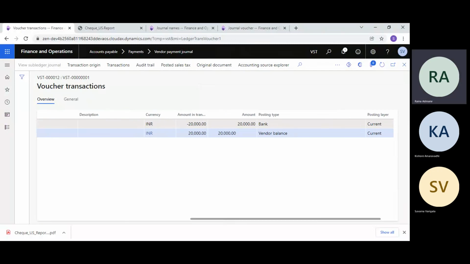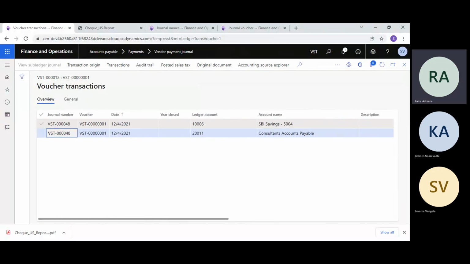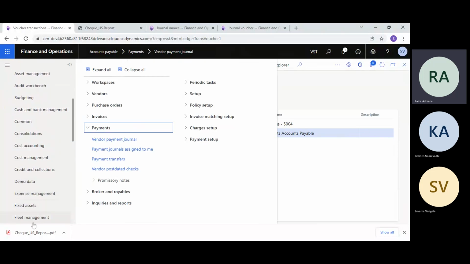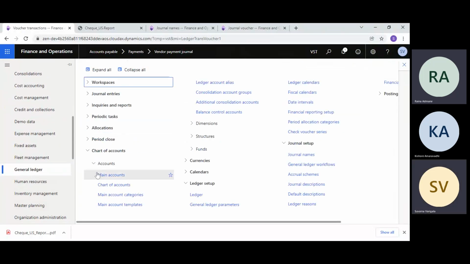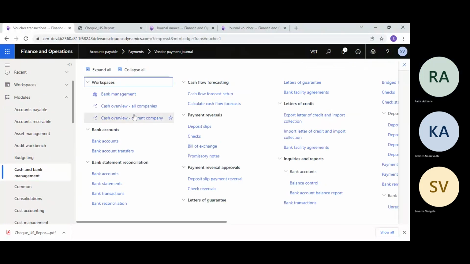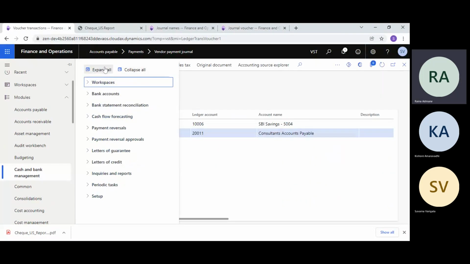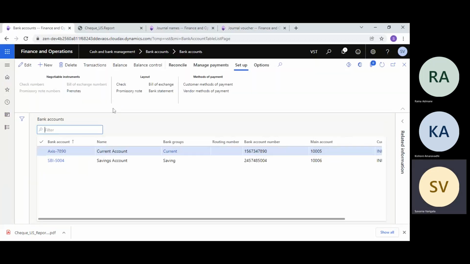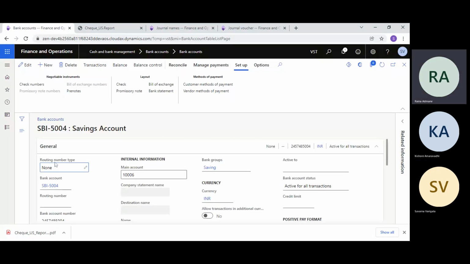Now you can go to the bank and see what transactions happened and the status of all the checks. Go to the bank module and go to that particular bank. There are buttons called transactions.